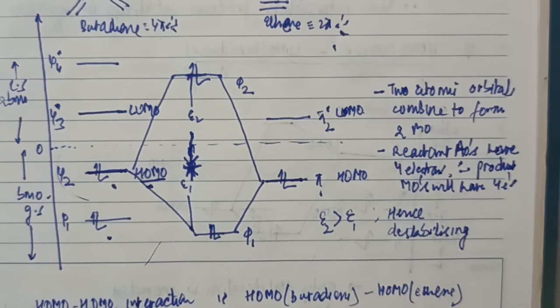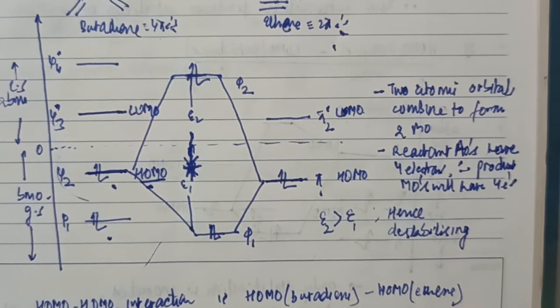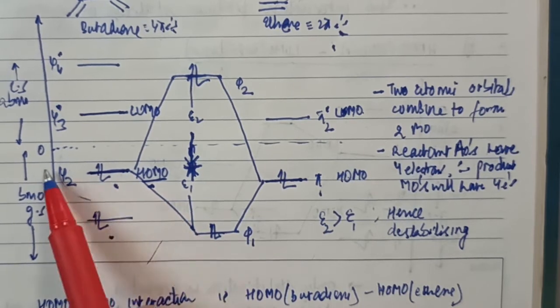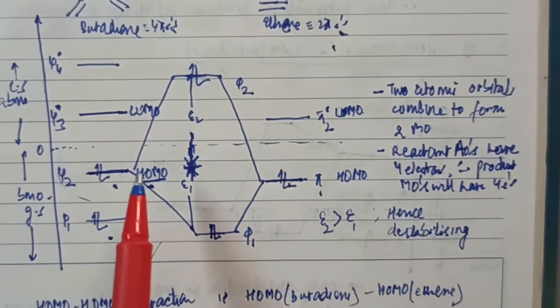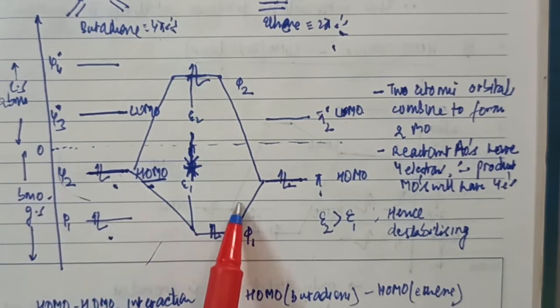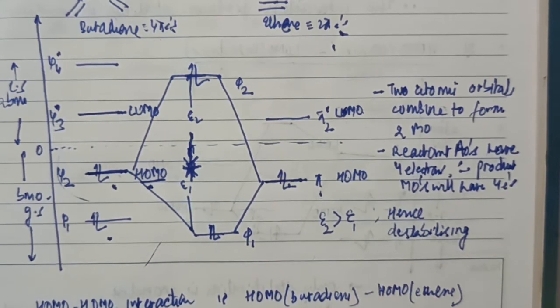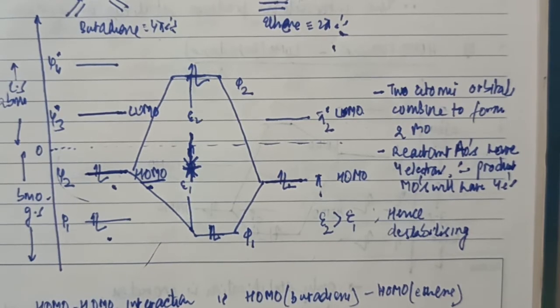If that is the case, butadiene's energy, because of the greater stability, should be less than the energy of the ethene. But what I've drawn here is the HOMO of butadiene higher in energy as compared to the HOMO of the ethene. Consider this: the HOMO of the butadiene is higher in energy as compared to the HOMO of the ethene. Now, to understand this, when we talk about the stability of a particular molecule, as I said, butadiene should be more stable because of the conjugated pi electron system than the ethene molecule. When we talk about the stability of the system, we talk about the entire system. But when we talk about individual molecular orbitals, they can have different energies.